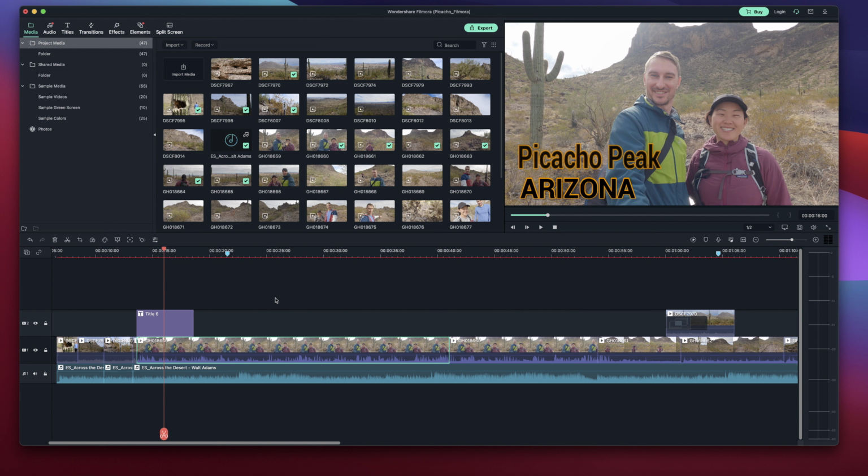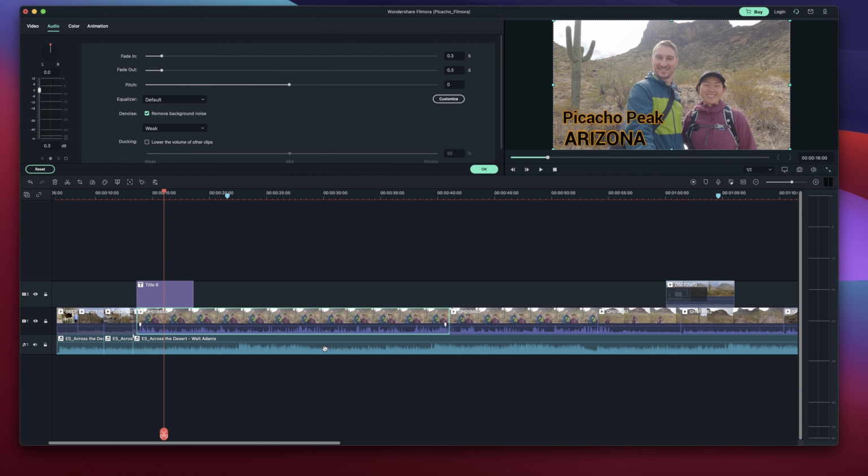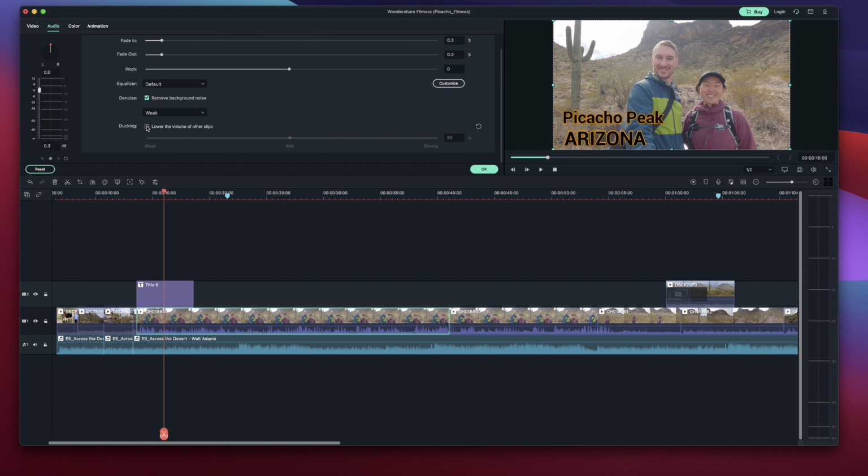So there's a really easy way to do that in Filmora. First of all, you want to go over to your A-roll clip where you want the music lowered and just select that clip, double click, go over to the audio section, and then go over to ducking and just check that box right there. Then once you check that box, watch the audio levels here, but you'll notice that they'll go down. And you can adjust the strength to be weak or medium or even strong. Strong would be completely silenced and muted. So mid is actually a good compromise if you want there to be a little bit of background music as